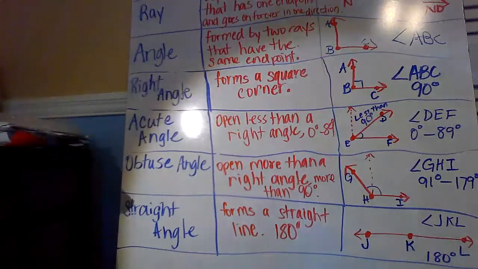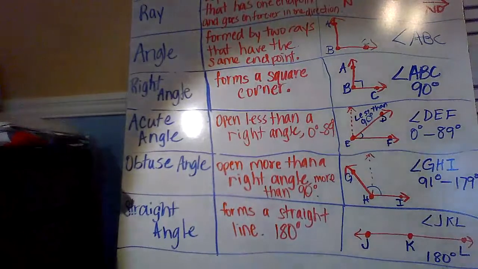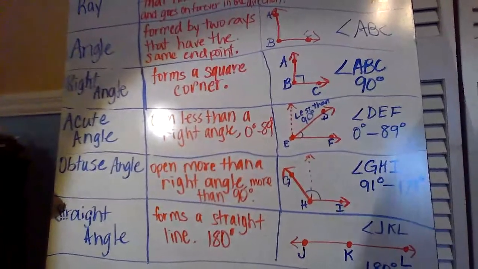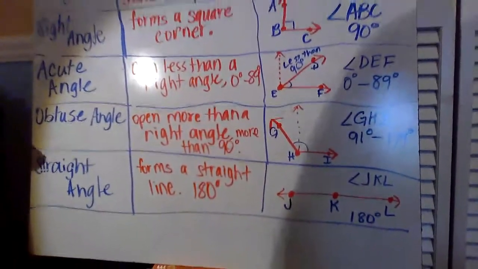Now, an example that you're going to see on your questions for your quick check is that there are 2 acute angles, or 1 acute angle and 1 obtuse angle in one picture, and it's going to ask you what degree is this, or what would be any of the other angles that can fit inside of this degree, or whatever have you. But when you see a picture, I'm going to show you the example. When you see a picture like this,